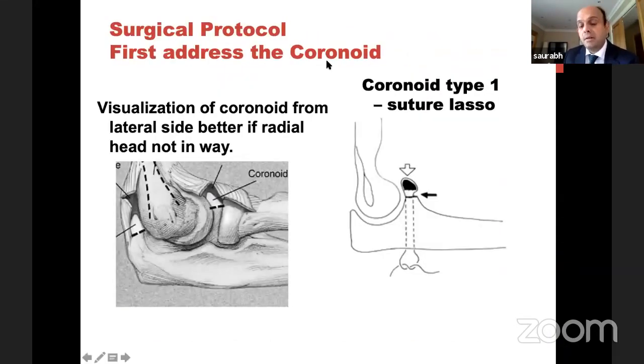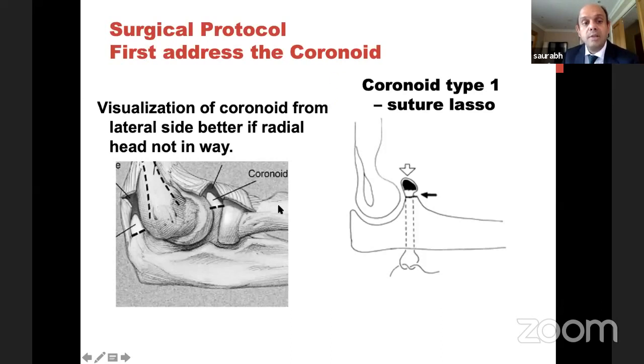So we've seen 3 medial approaches, and I want you to remember the ring approach for exams. We've seen 3 lateral approaches, and it's up to you. You can remember Kocher's approach or EDC, whatever you've been doing. Then we talked about the order of fixation. So first we need to address the coronoid or the capsule.